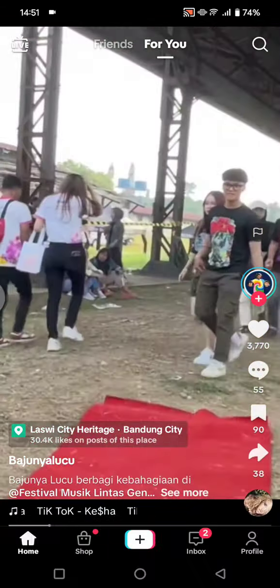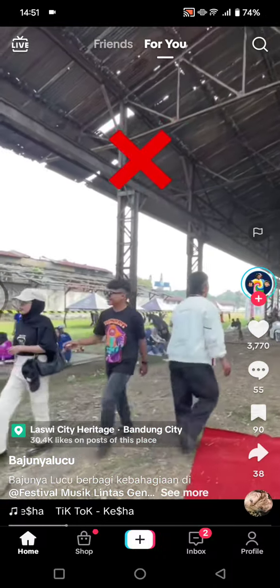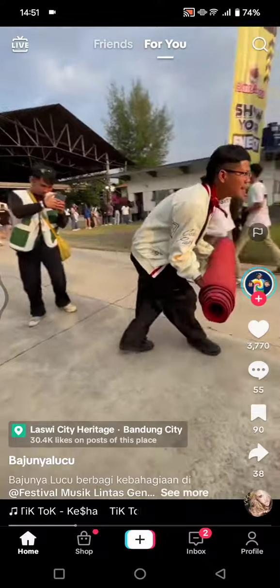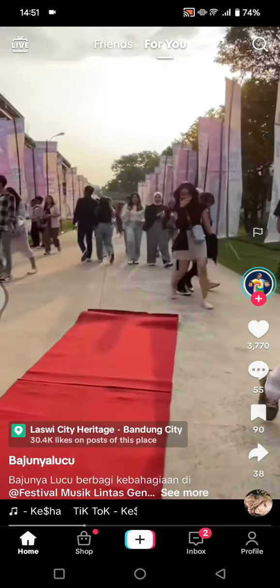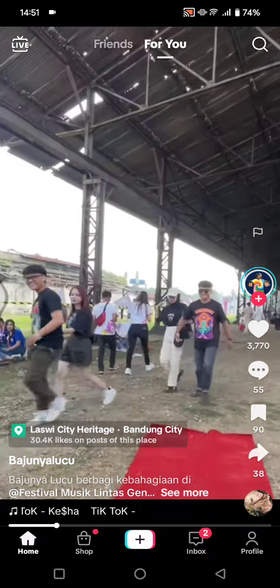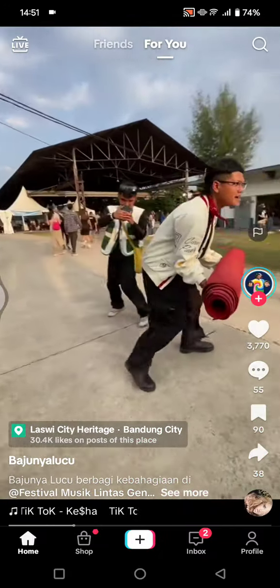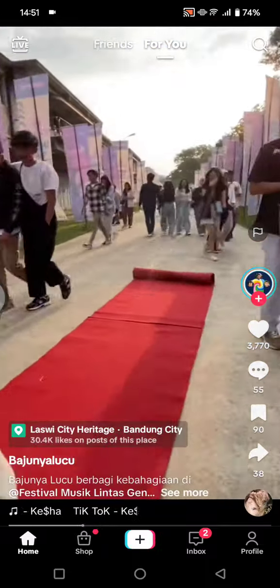On today's tutorial, I'm going to show you how you can make a TikTok video. So if you want to post a TikTok video, you can basically just click on the plus icon at the bottom. But if you want to, let's say, use the music that you see on your FYP TikTok in here,